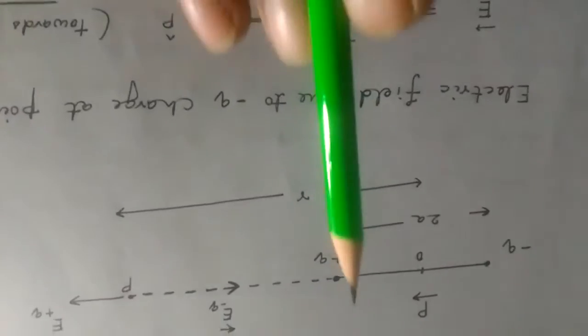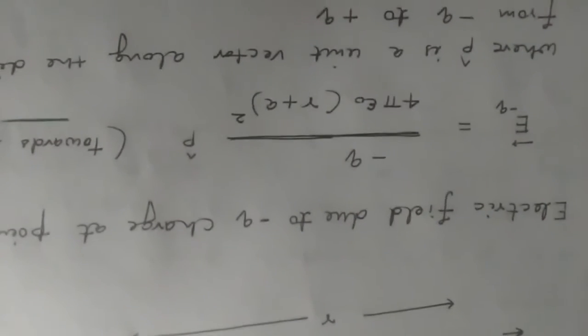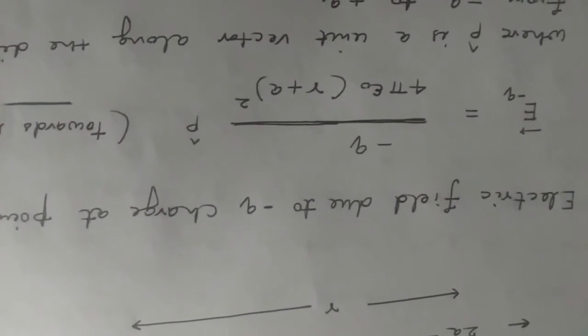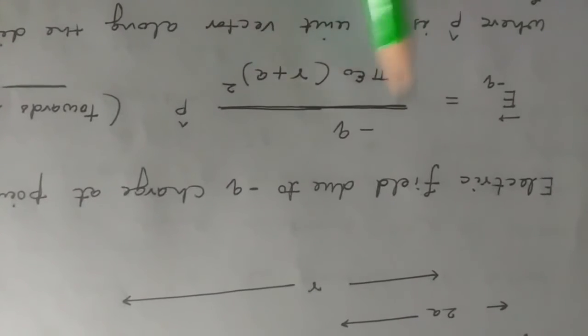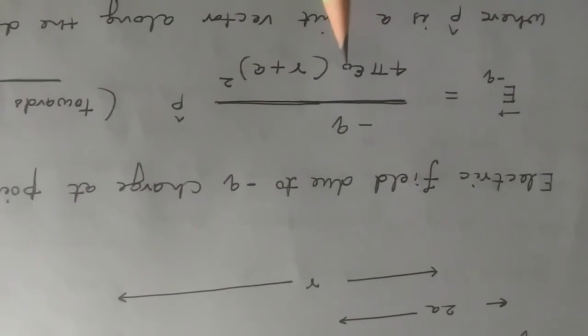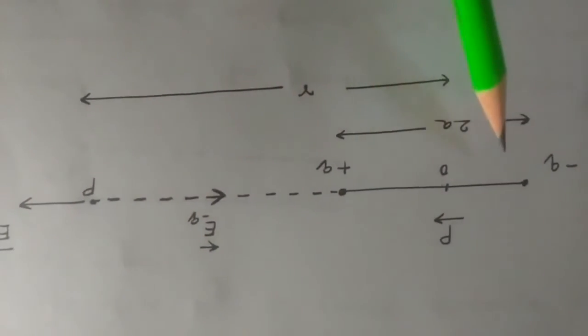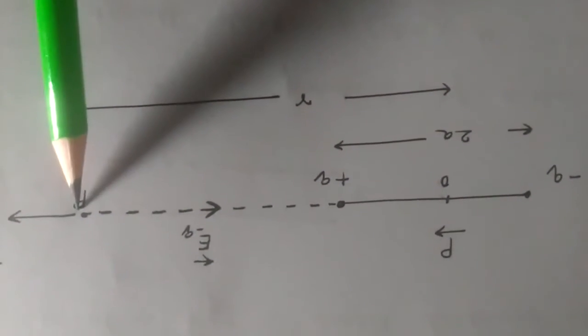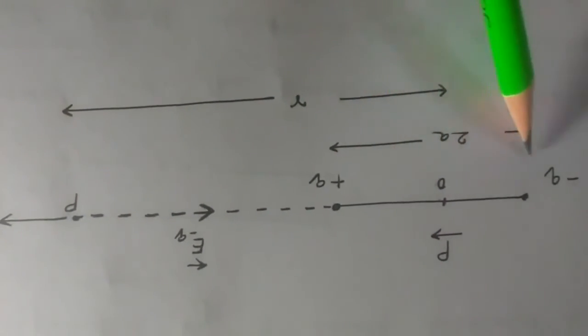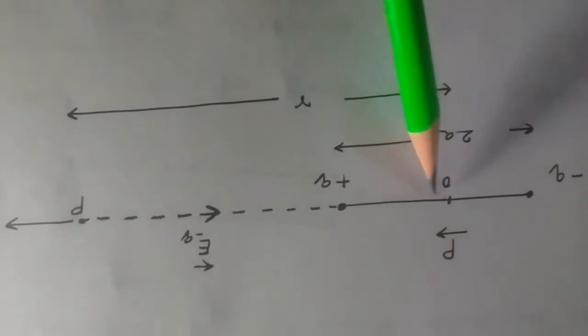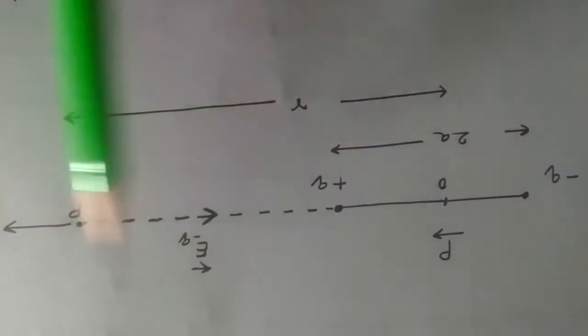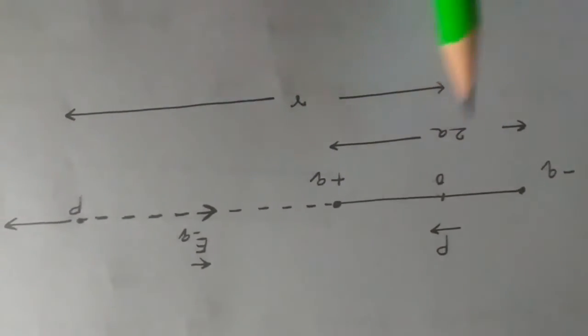So electric field due to dipole. First of all, electric field due to negative charge at point P. As we know, electric field is Q upon 4 pi epsilon naught r square. So due to negative charge, it is minus Q upon 4 pi epsilon naught (r plus a) square. Why r plus a? Just see the distance from this to point P. This is the midpoint, so total is 2a, so half is a plus r. So this total distance is a plus r, or r plus a.